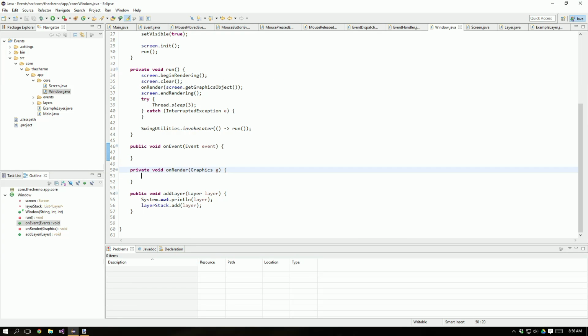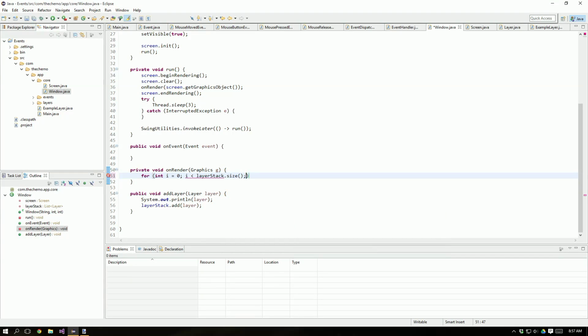Now here's the difference. This is a nice little difference, and this video is kind of turning into more of a layer video. But hopefully we won't do too much on that. Maybe I should have made a layer video first. But layers and events kind of go hand in hand, that's why I'm not talking about it. So basically, we process our